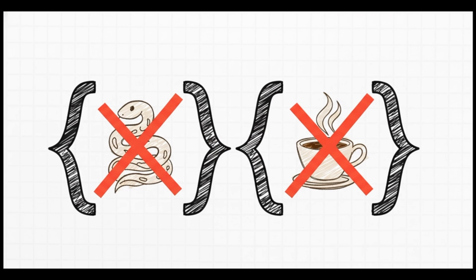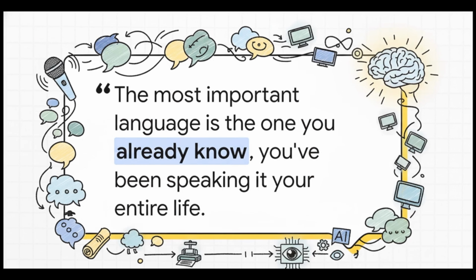So let's just get the usual suspects off the table right away. Nope, it's not Python, even though it's everywhere in data science. And it's not Java, that old reliable workhorse. The most important language right now is something way, way more human. And there you have it. The single most important programming language today is the one you're using right now, your native language. I mean, if you can understand me, you're pretty much set.